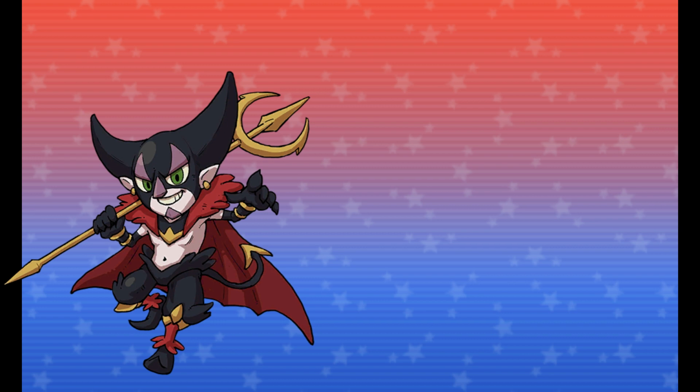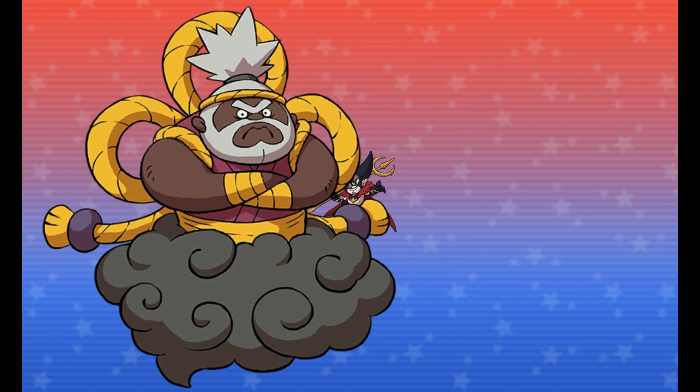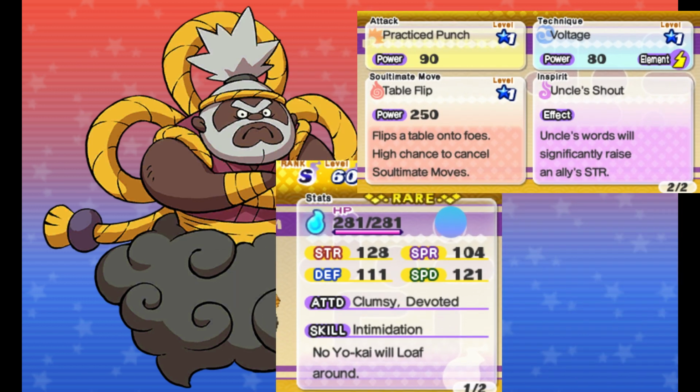I feel much worse for Count than Uncle in terms of stat nerfs and move nerfs, since Uncle is actually still decently usable. Let's get into that. Uncle Infinite is a black recolor of Papa Bold. Anyway, in Yokai Watch 2 he had one of the highest non-legend base stat totals in the game, having 100